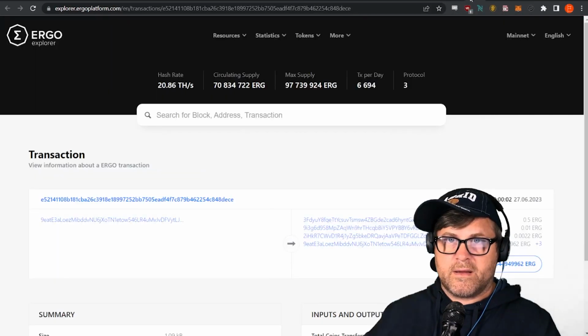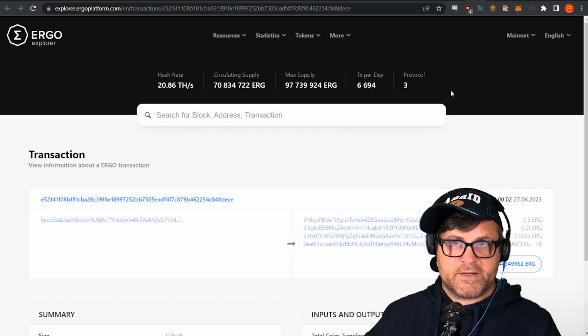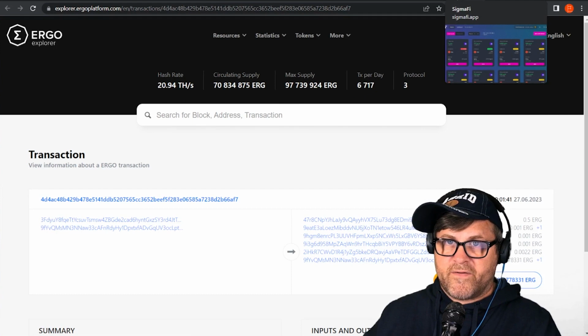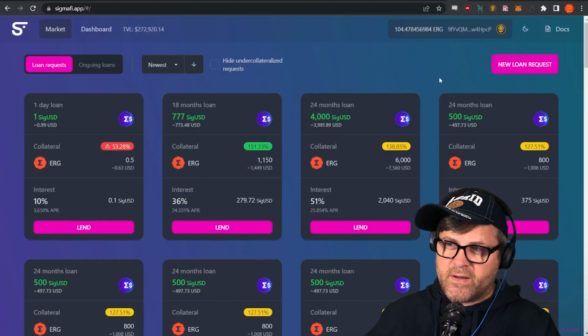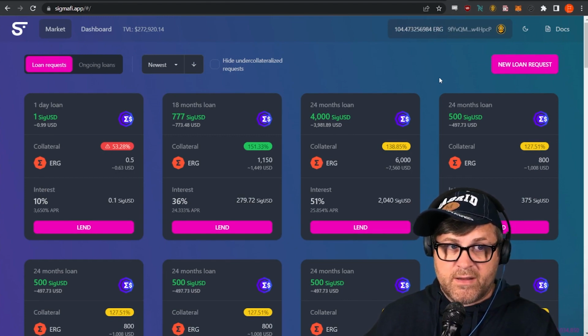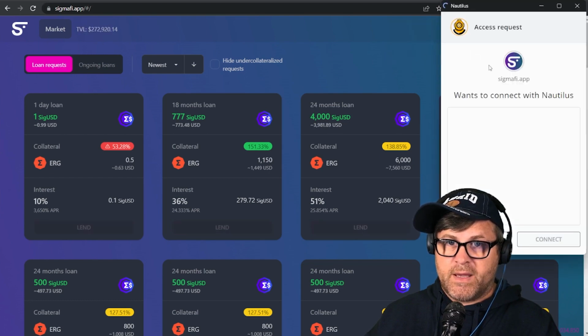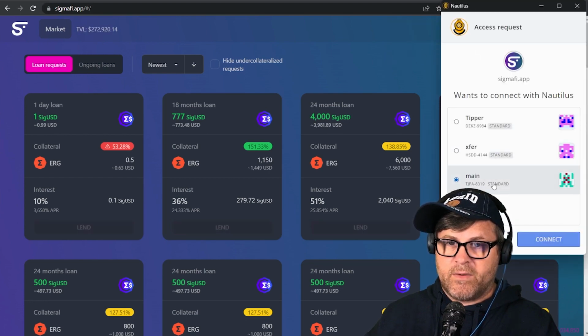So let's see here. Where are we? That transaction is done. I'm losing track of my transactions. So the first loan that I did was for 1 hour. I'll stop the video and come back in a little bit to show you what the liquidate button looks like. But the loan that I just did was to show you what it's like to pay it back. And since we are paying back from my main wallet right here,